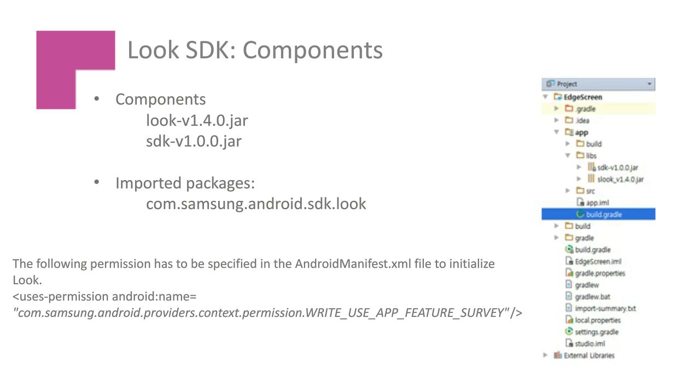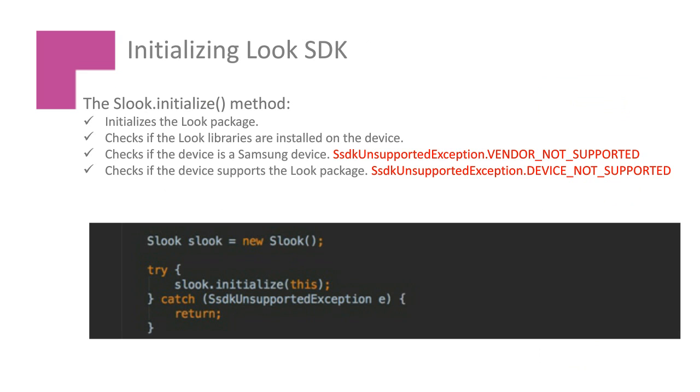So if you are creating an app which is prior to M, you don't have to add this permission, but in most cases it's always recommended to use this permission, as you never know where your application will be running, or it's mostly on the most recent Android OS. So once you initialize the Look SDK,